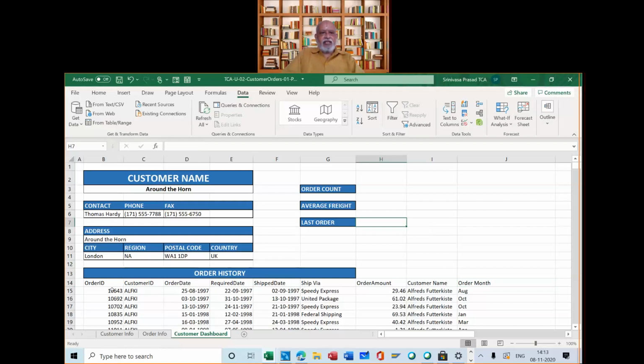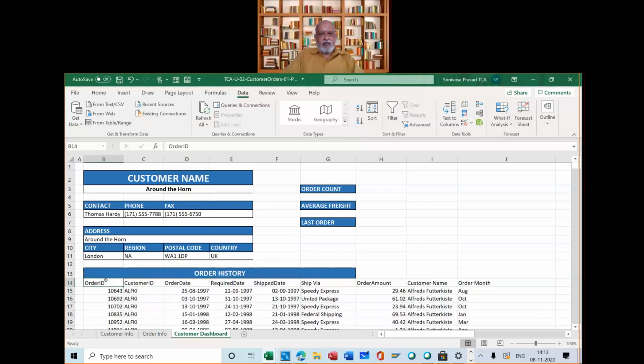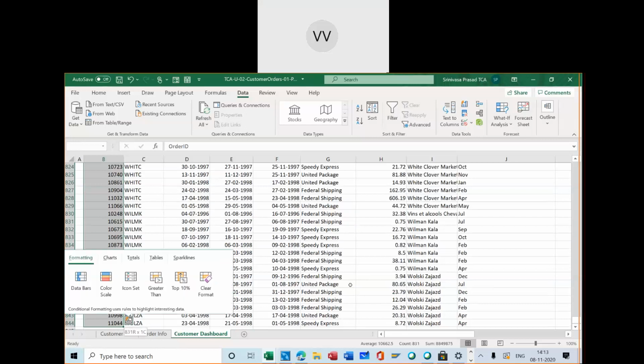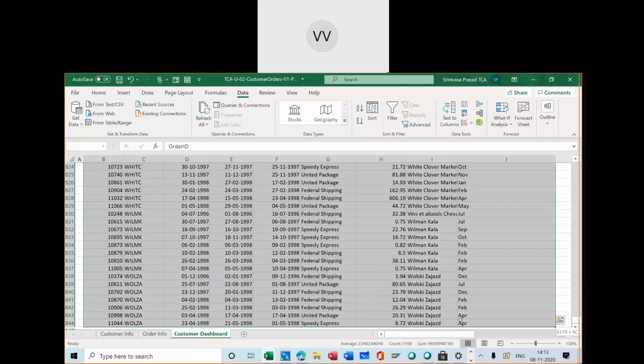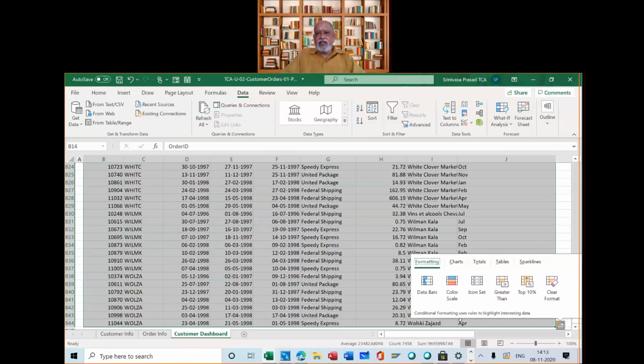Now we will click anywhere in this and select all, along with the Order ID. So we go down and then to the right side, and select it. Now we have selected the complete thing.